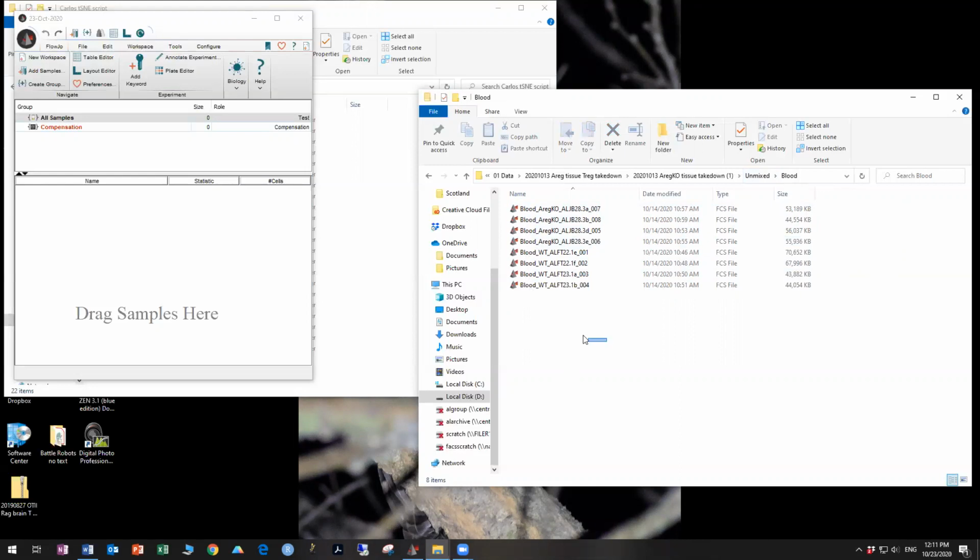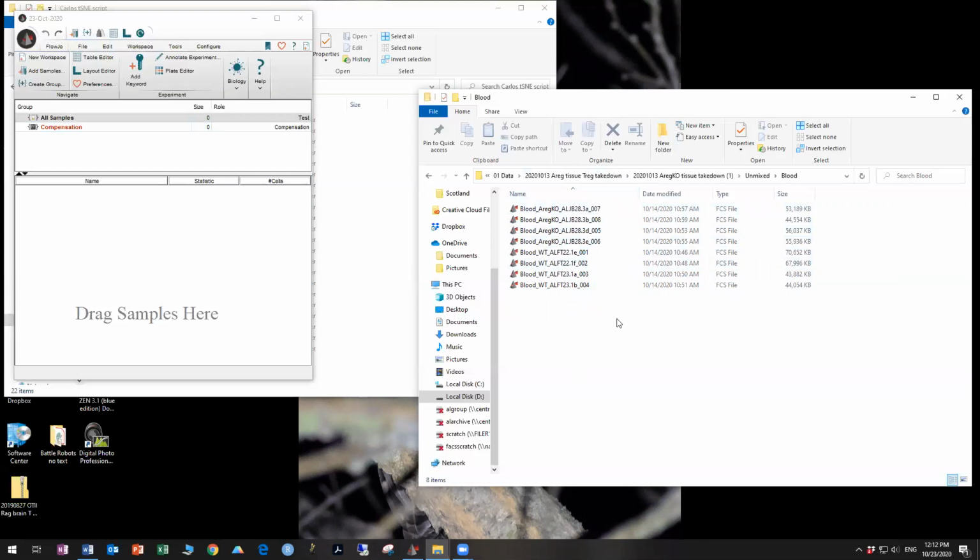And you can see that I have named these in accordance with the instructions on how to name your flow files, which you should review before running your flow experiment. And that includes the mouse name here, the ALFT, the mouse's genotype or condition, and in this case, a tissue source. If you have other variables in your experiment, those should also be in the name of your FCS file, which is going to help you sort the files later in the flow script. You also want an individual number attached to each file,